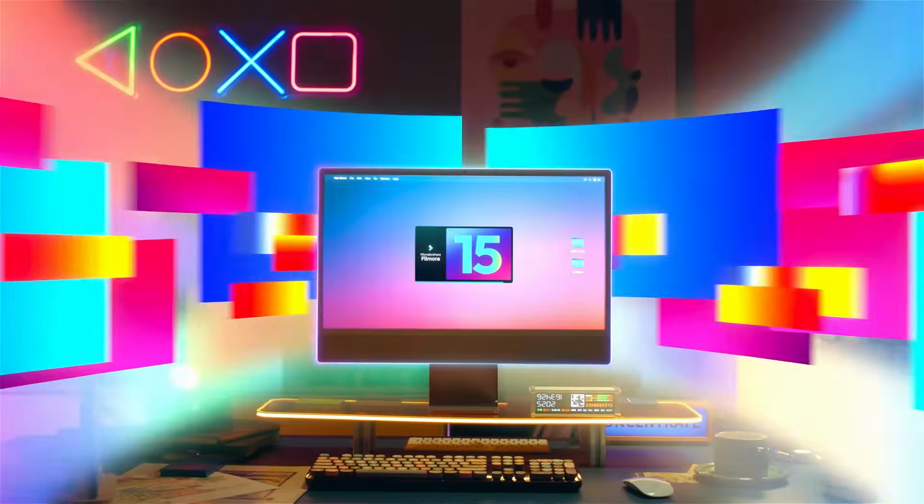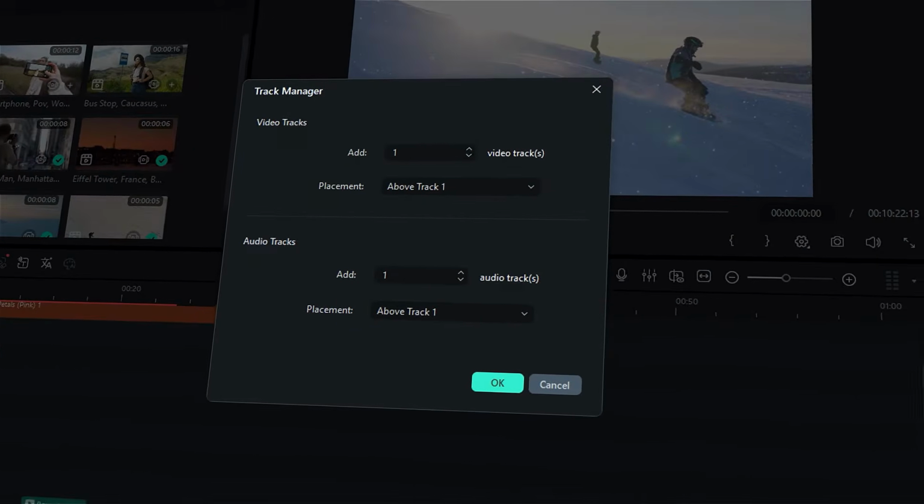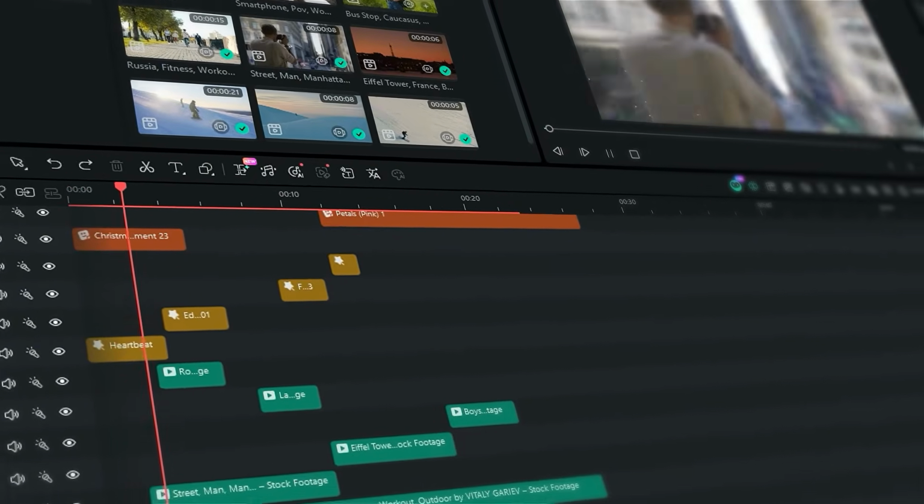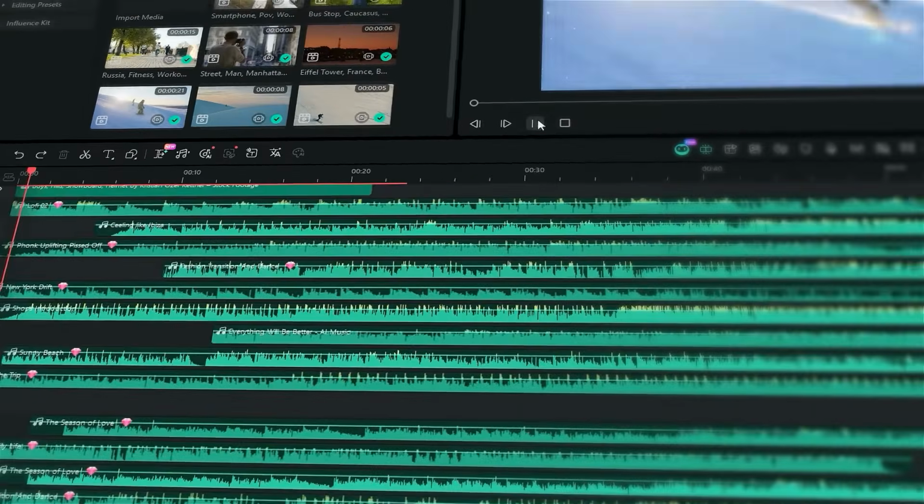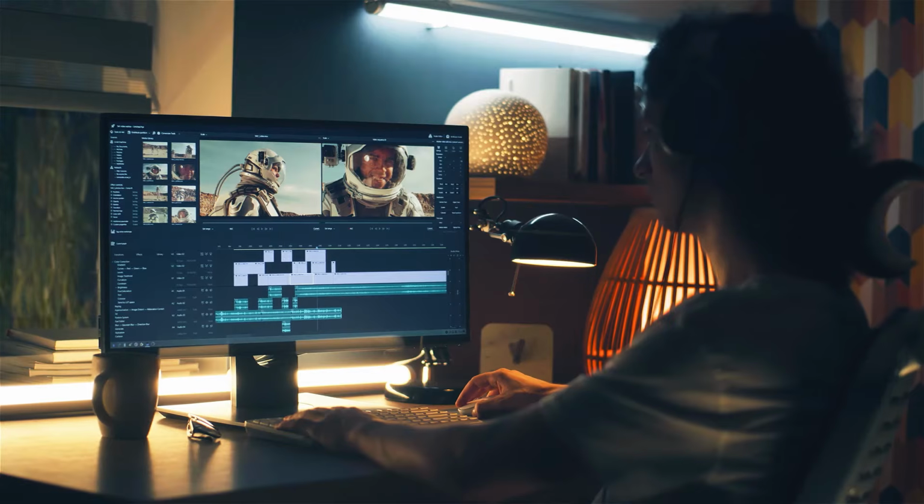One of the most powerful and honestly most underrated improvements in Filmora 15: the upgraded multi-track editing workflow. If you've ever struggled with messy timelines, multiple layers, or syncing audio, this update is going to make your editing